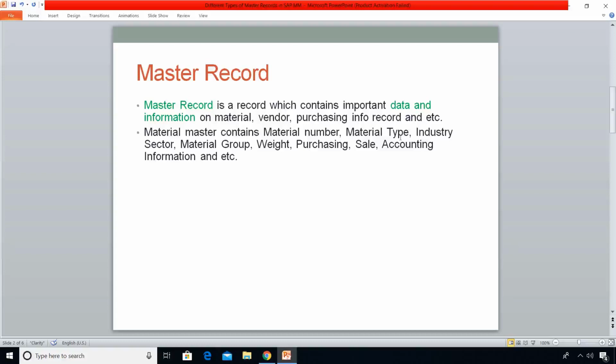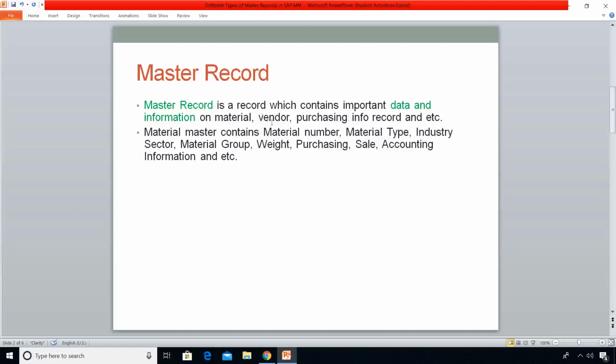We will be able to see purchasing value key, GR processing time, and etc. In the accounting 1 view, we will be able to see valuation class, which is related to material type. Price control can be viewed, like standard price or moving average price.